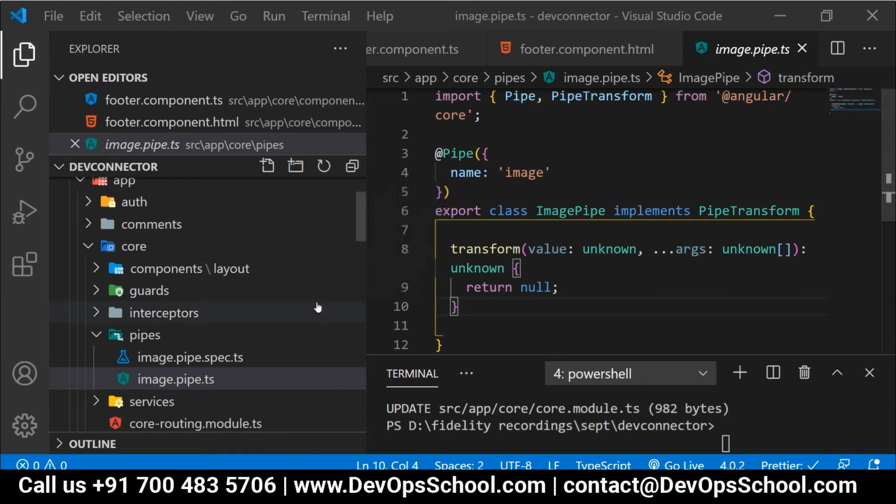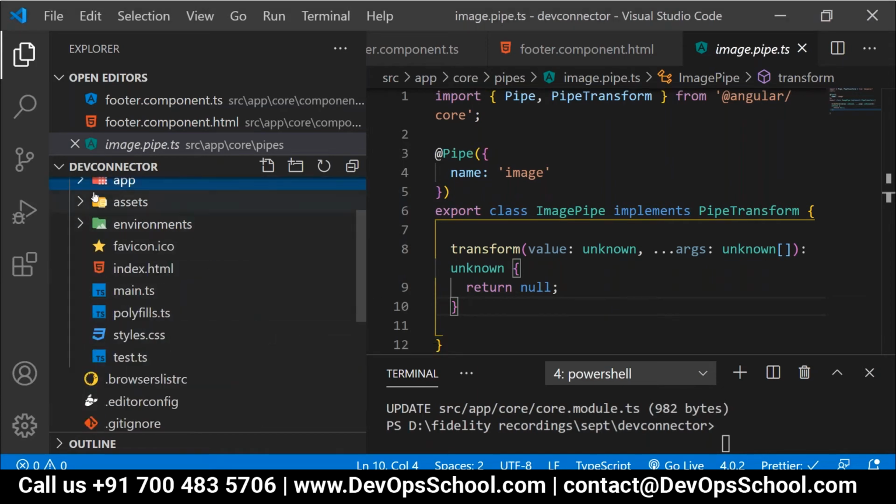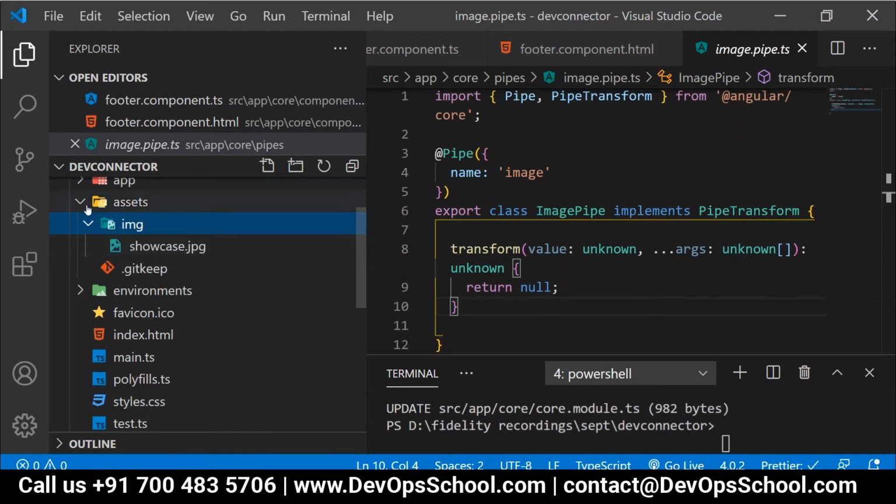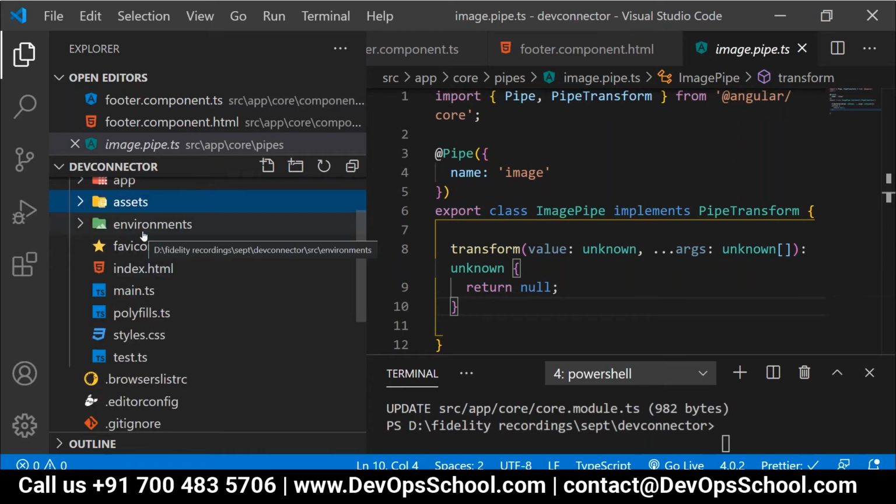for example, let's say inside this assets folder we have an image, correct? Showcase image. If this image is not available, or I'm referring to some S3 bucket location where the image is not available, then instead of that I want to show my common not found kind of image.